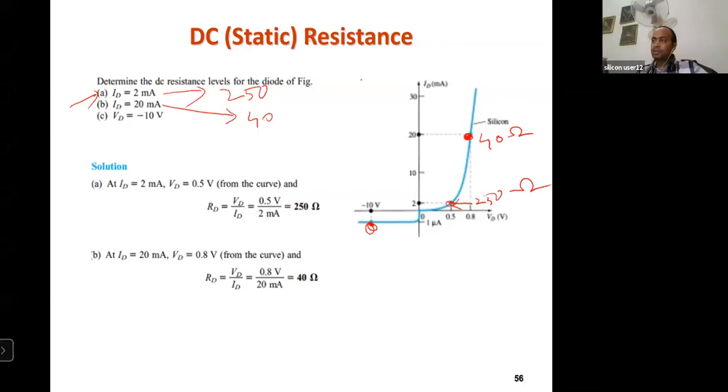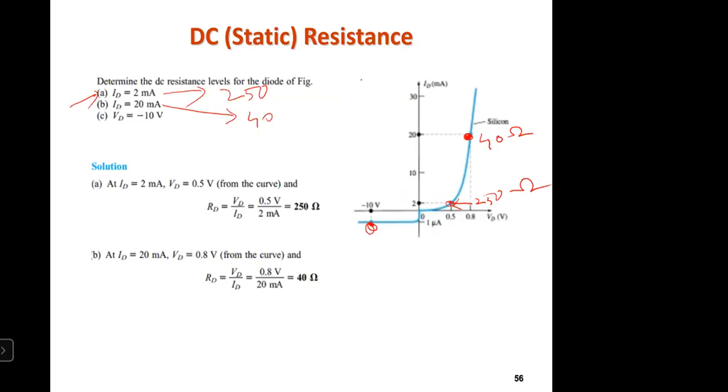But from a physical understanding point of view, you know that in the reverse bias direction it is not allowing any current, so the current is zero. If the current is zero, then you can say the resistance is infinite. If we neglect the minority saturation current, the reverse saturation current, the current in reverse bias is zero, which means the resistance is infinite. Resistance is inversely proportional to current.